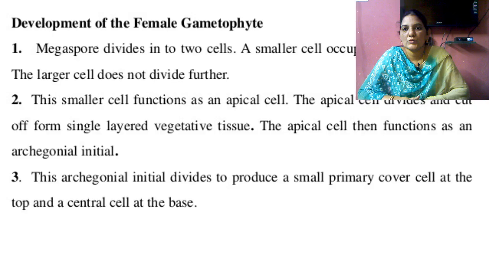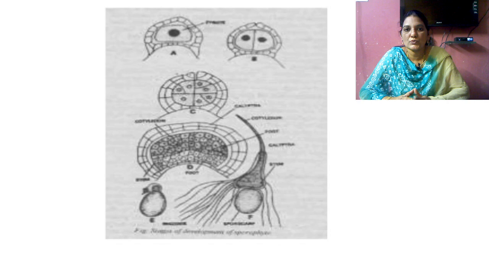So the megaspore divides into 2 cells, archegonial mother cell and central cell. The archegonial mother cell forms jacket cells, and they form one flask-shaped structure, and the central cell divides into 2 cells, neck canal cell and venter canal cell. The neck canal cell again divides into 4 to 8 neck cells and 4 cover cells. The 4 to 8 neck cells are arranged in 2 rows at the neck place, and 4 cover cells are present at the top of the flask archegonium. It is a flask-shaped structure.